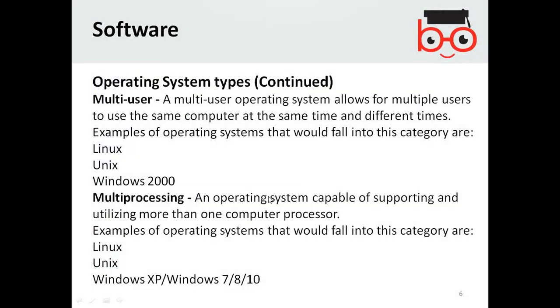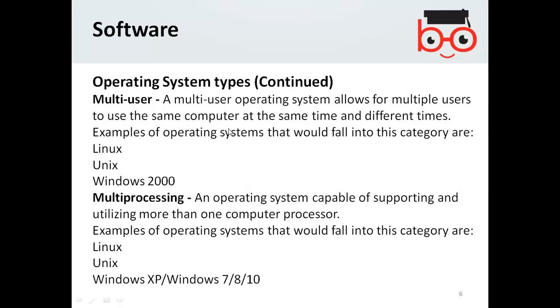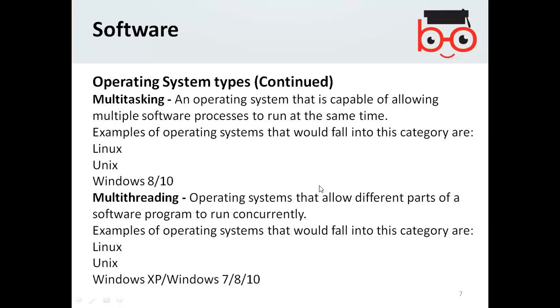So it's not only the hardware, but it is the responsibility of the operating system as well to support the multi-processors. Then a multitasking operating system is capable of allowing multiple software processes to run at the same time. The operating systems that we are using nowadays are basically multi-user, multi-processing, multitasking, and multi-threading.